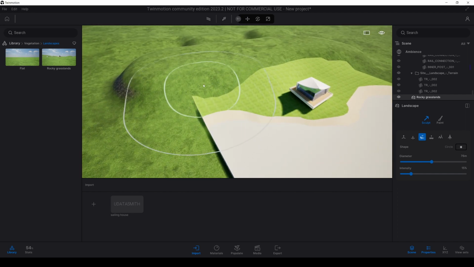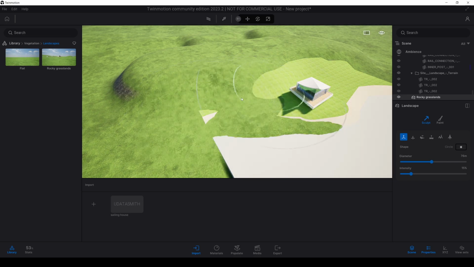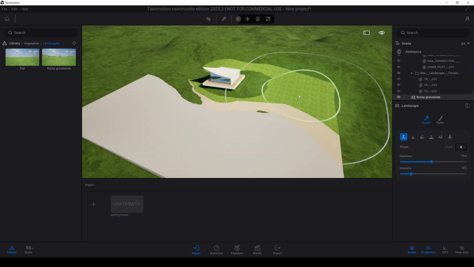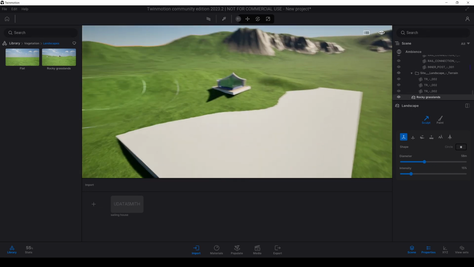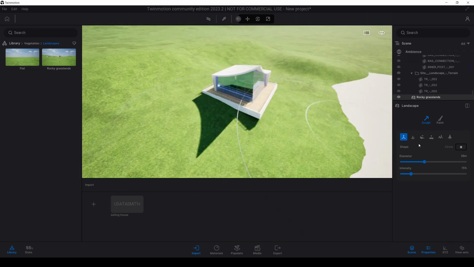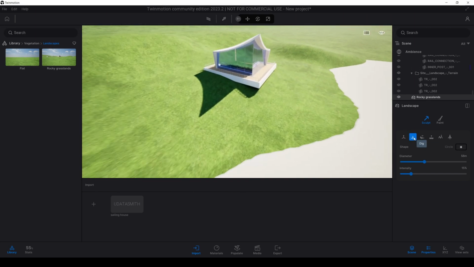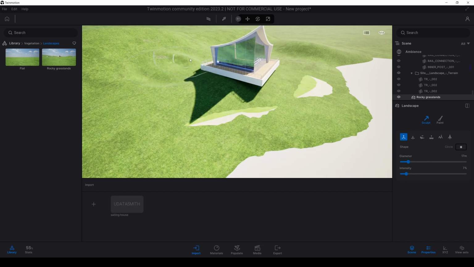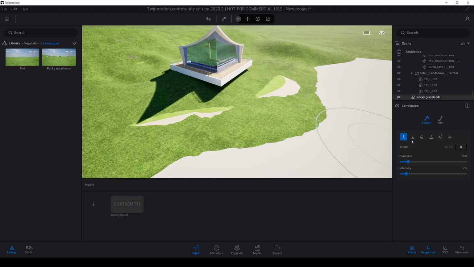We must see our landscape on this ArchiCAD mesh. We mustn't see the ArchiCAD mesh. Yeah, maybe something like this would be useful. Maybe we can use this dig. If I click shift, instantly this dig option will be activated.